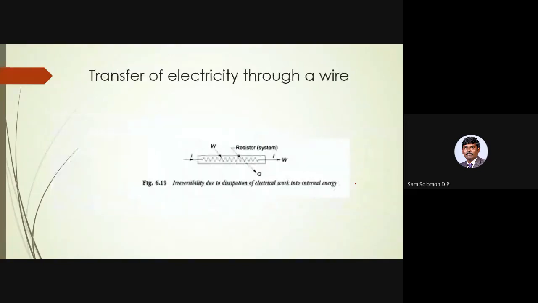This one is very simple. Transfer of electricity through a wire. So you are conducting current through a wire. So when you conduct current through the wire, the temperature of the wire will go up. It will get heated up. What is the reverse of it? If you just simply give heat, will it give you current? It is not possible. If that is the case, then there is no energy demand at all. You can very easily generate heat. But we don't have such a material. When something is getting heated up, it is not giving electricity. So that is not at all there. Okay.